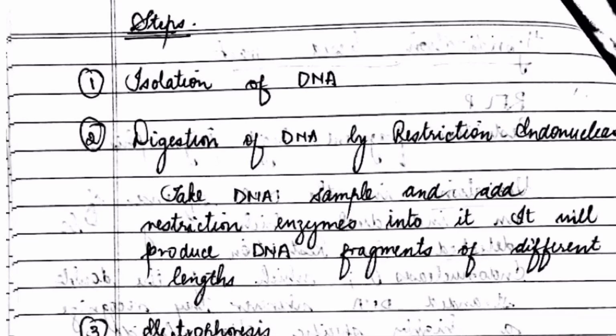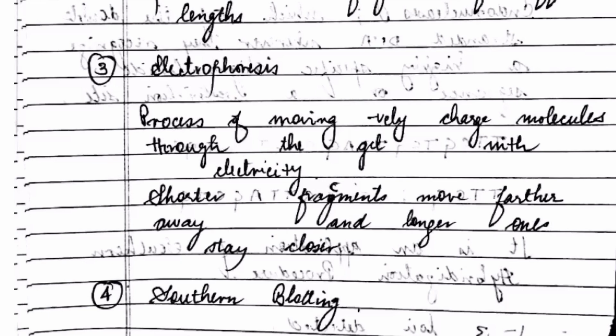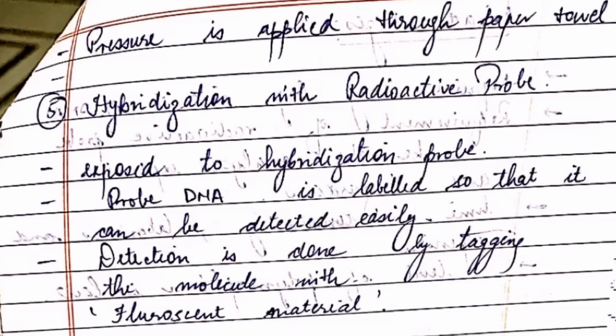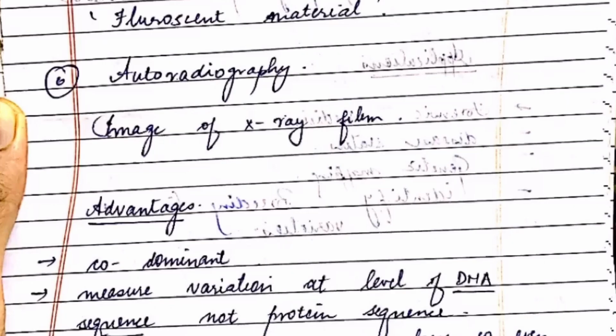After the digestion with a combination of restriction enzymes, the fractionated digestion samples are visualized by electrophoresis and the fragments are transferred to the membrane. It follows Southern blotting, that is detection of specific DNA sequences in DNA samples using nitrocellulose sheets. The next step is hybridization, in which a radioactively labeled DNA probe is hybridized and detected by autoradiography.